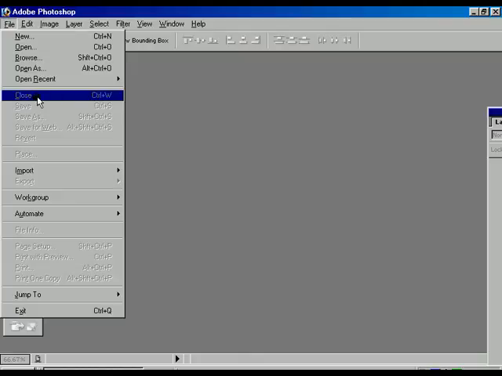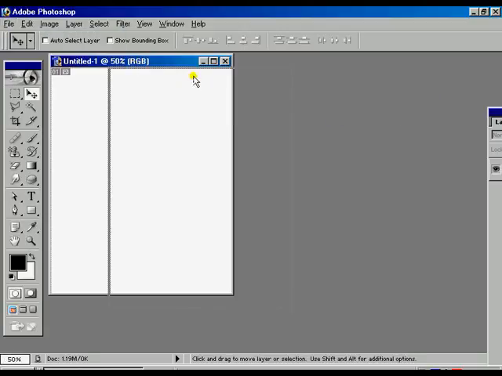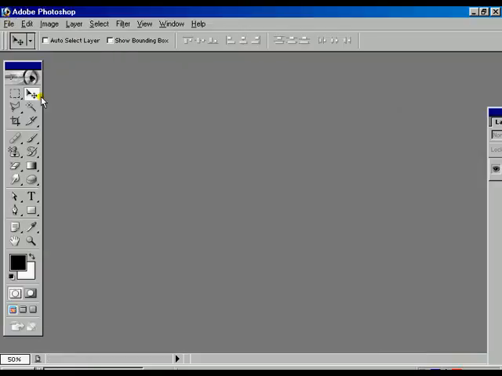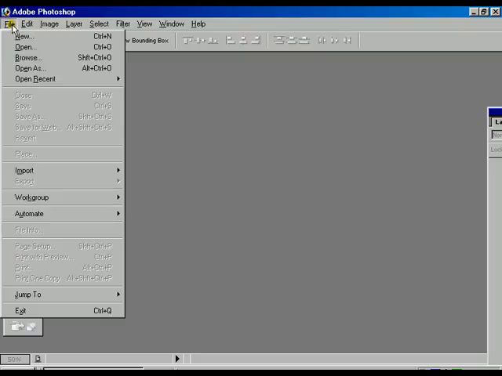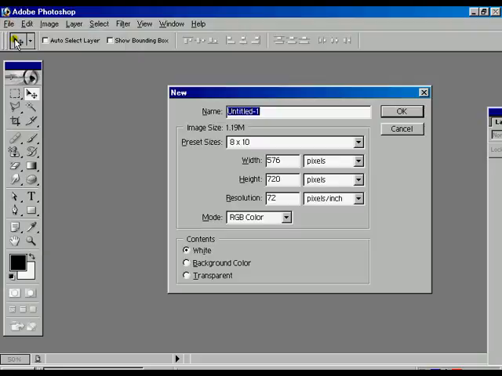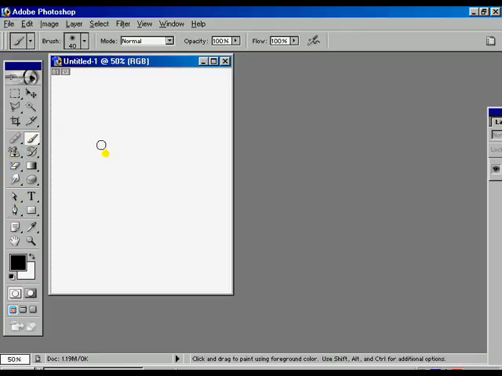And later on there is another option which is called the close option. When we are going to open a new file, we can close it directly by clicking over the cross sign, or we can close it with this close option. Now once again there is another option called the save option. For that reason we are going to open a new file and we can save this file. Before saving that, we can create any shape or draw anything.